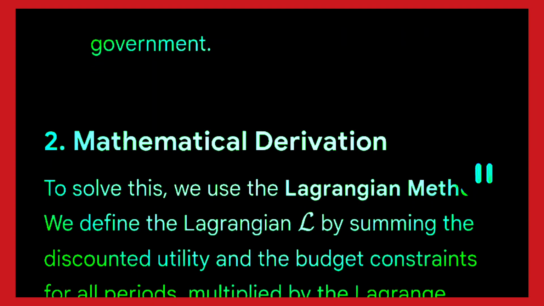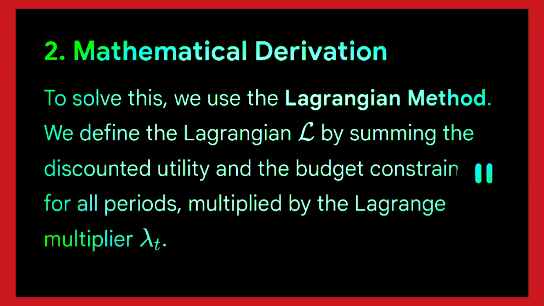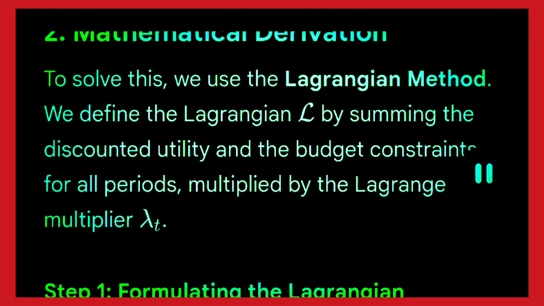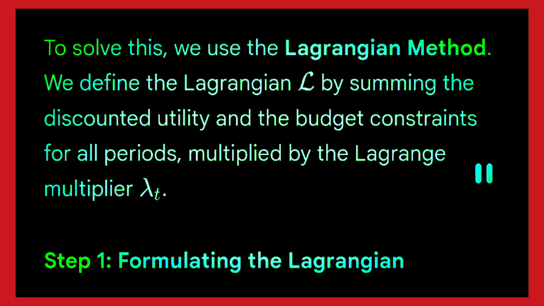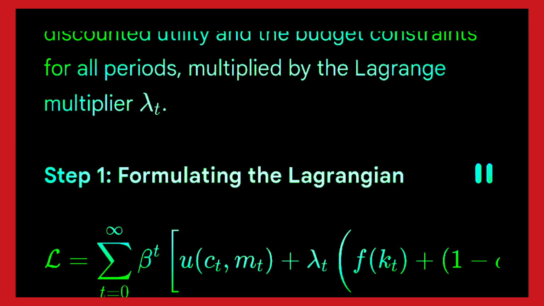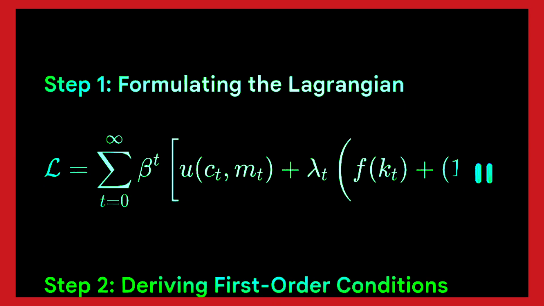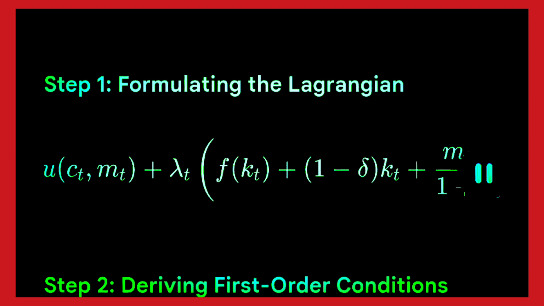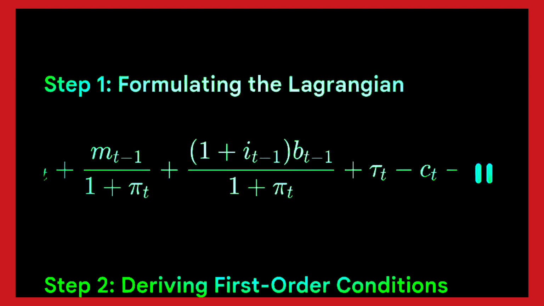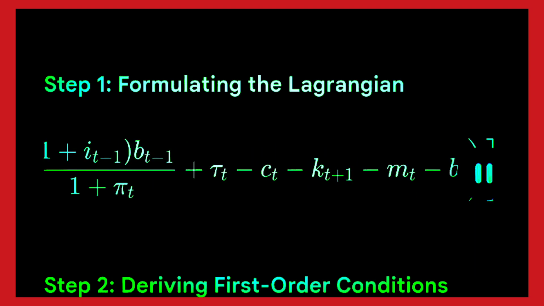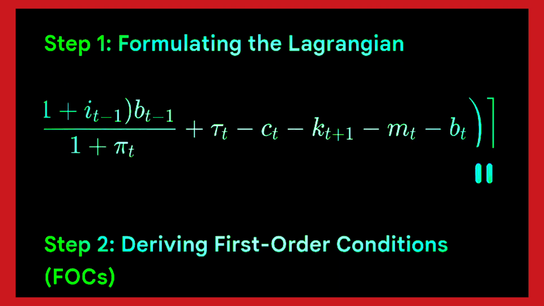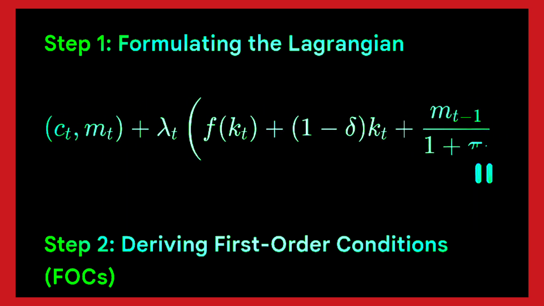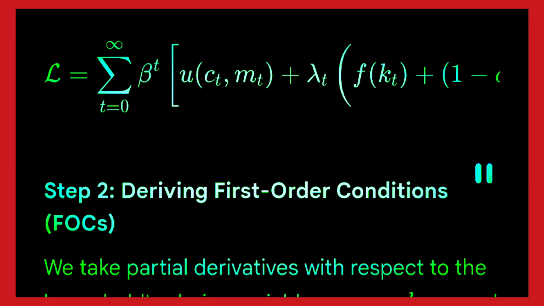2. Mathematical derivation. To solve this, we use the Lagrangian method. We define the Lagrangian, L, by summing the discounted utility and the budget constraints for all periods, multiplied by the Lagrange multiplier, lambda_t. Step 1. Formulating the Lagrangian. Step 2. Deriving first-order conditions, FOCs. We take partial derivatives with respect to the household's choice variables, C_t, M_t, K_{t+1},